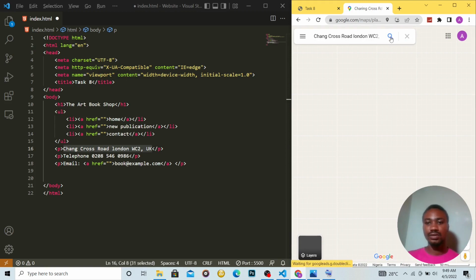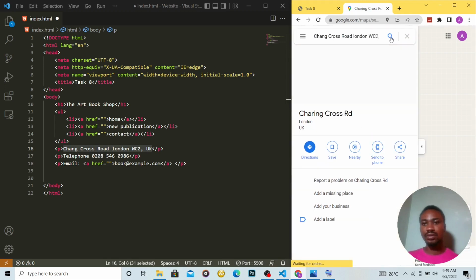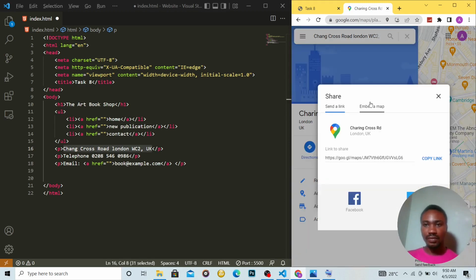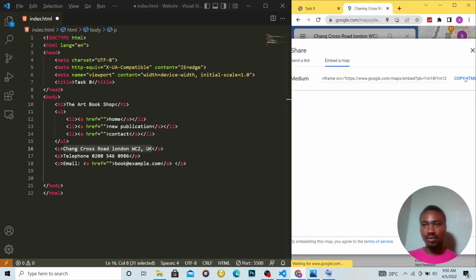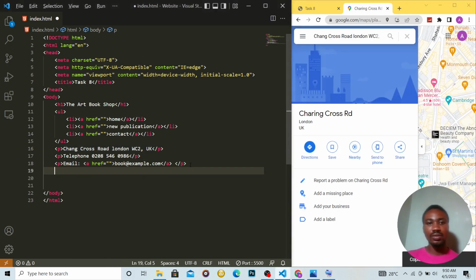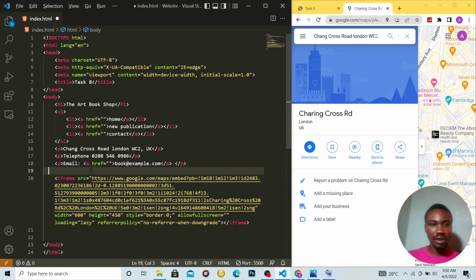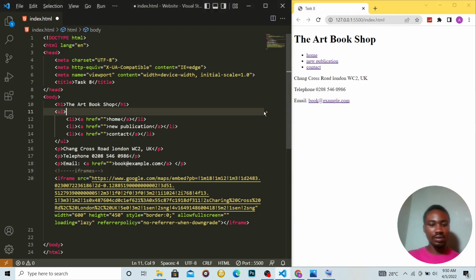It's loading. You can see what you have here. Just click on share, then go to embed a map. You copy HTML. Let's just close this. We come underneath here and paste it. We can just comment our code, iframes. Let's close this. By the time we reload now,